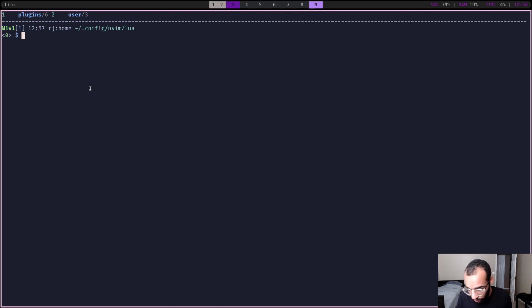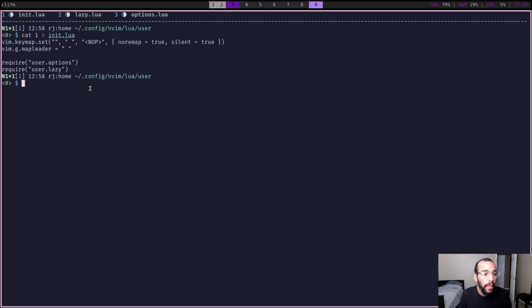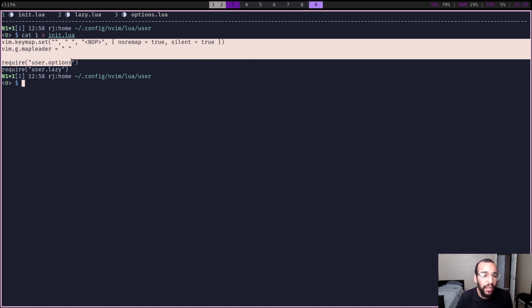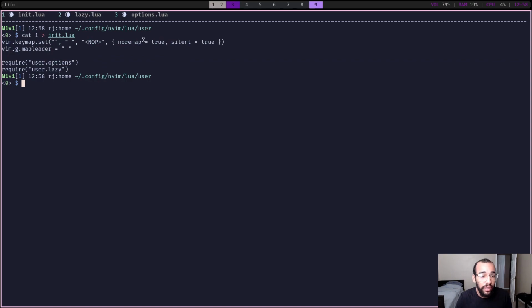So actually, we are switching into user. So that's loading the init file right here. So we're going to cat that. And as you can see right here, this is now technically the root directory, to my understanding, of my Neovim config. The reason, to my understanding, why we put it in a user folder under, well, first of all,